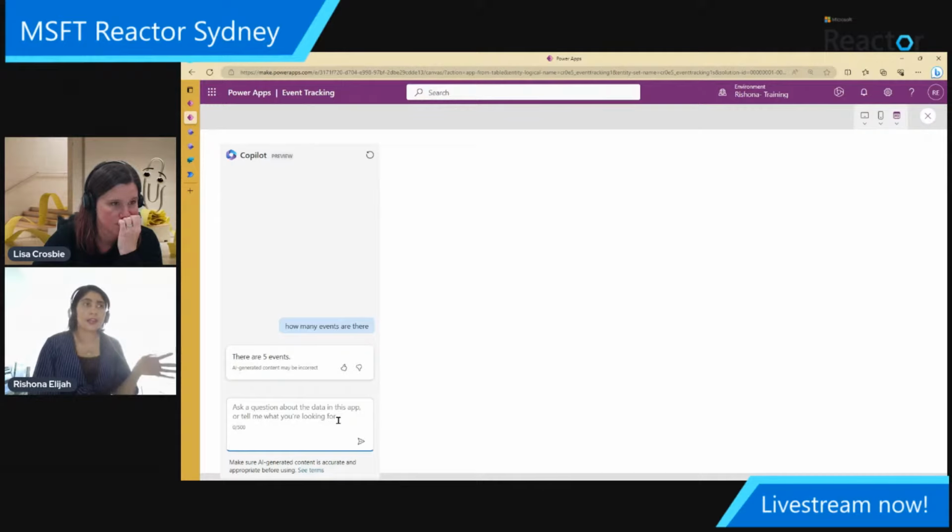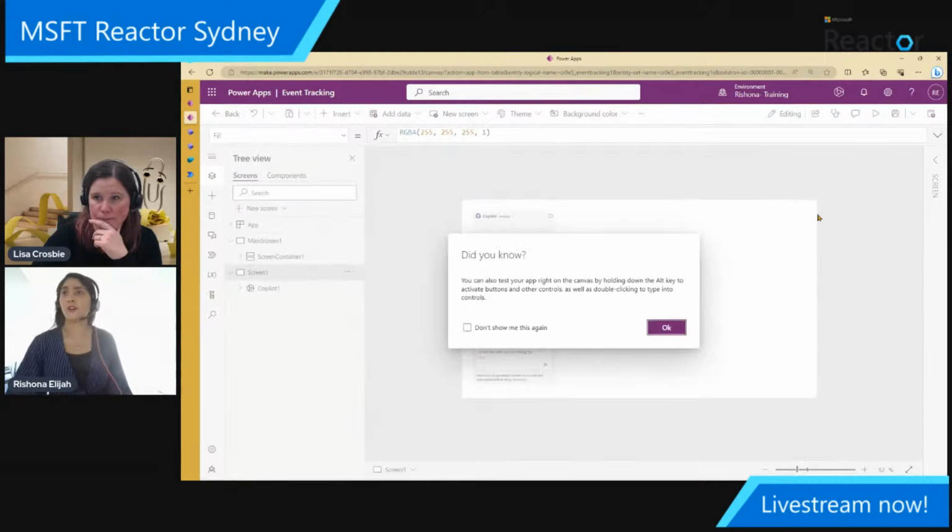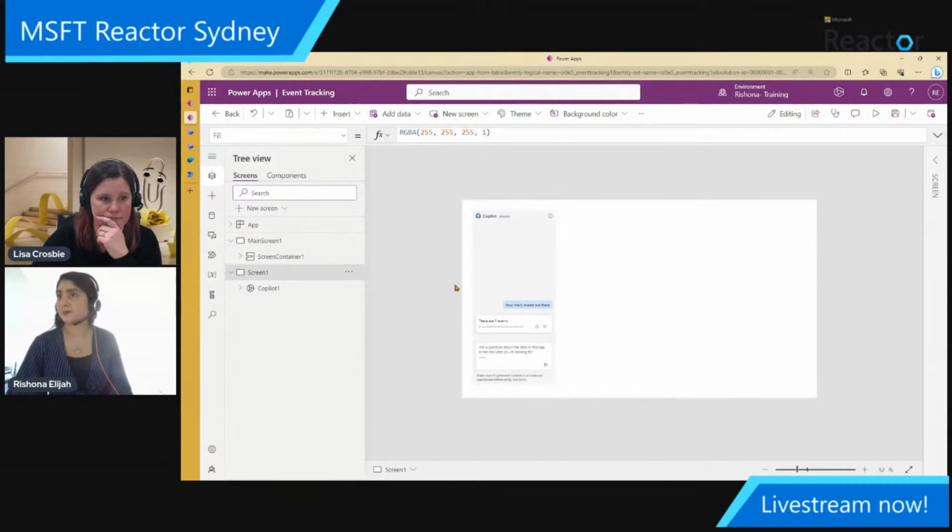Even last night, I saw a blog post by Microsoft that they now also brought this to your model-driven app. So I haven't got a demo of that one up and running, but similar to what we've got here, you can have this pane sitting in your model-driven app. Same thing, people can go and ask questions to it, looking at the data that you have in the model-driven app too. So it's not only just for Canvas at this point.